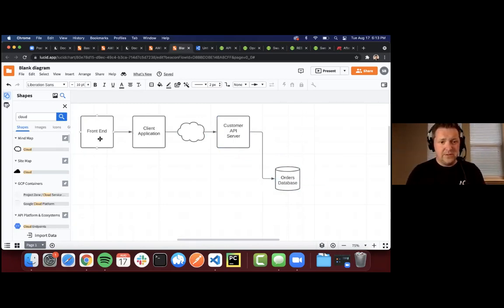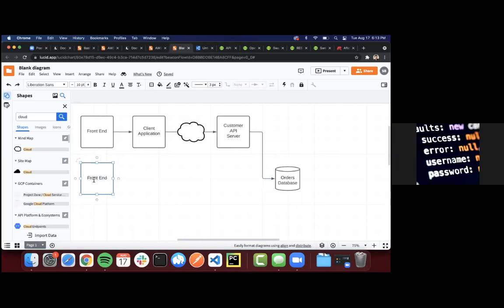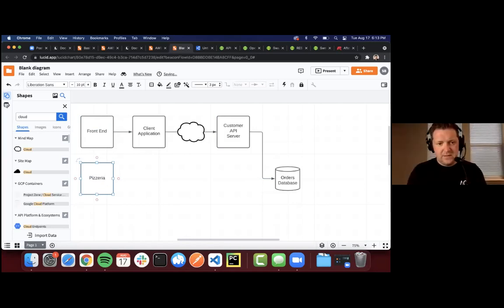So now what we want to do is create that same idea for the restaurant. And so this would probably be, sorry, my Lucidchart is running slow tonight. Maybe we have a very similar experience for the restaurant. So this would be something like the pizzeria front end. And then